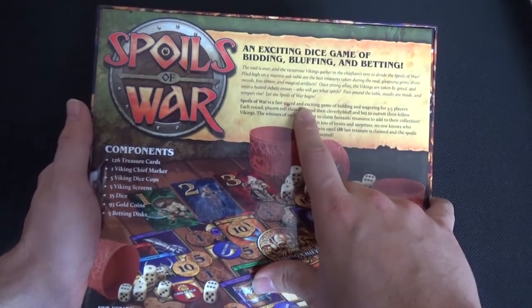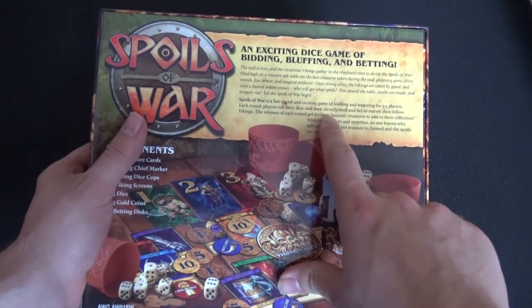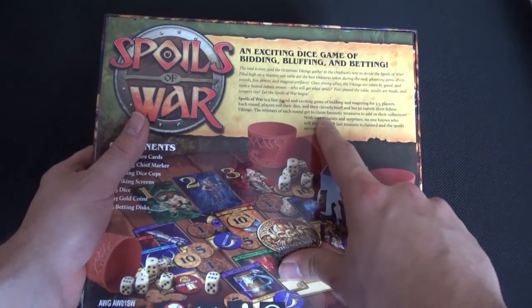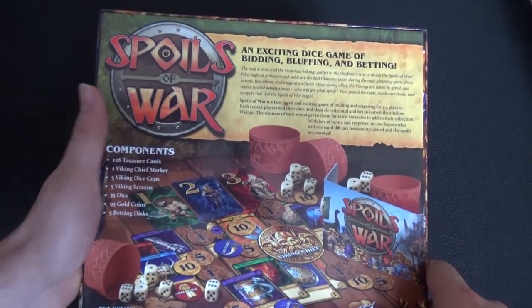Spoils of War is a fast-paced, exciting game of bidding and wagering for 3 to 5 players. Each round, players roll their dice and then cleverly bluff and bet to outwit their fellow Vikings. The winners of each round get to claim the fantastic treasures to add to their collection. With lots of twists and surprises, no one knows who will win until the last treasure is claimed and the spoils